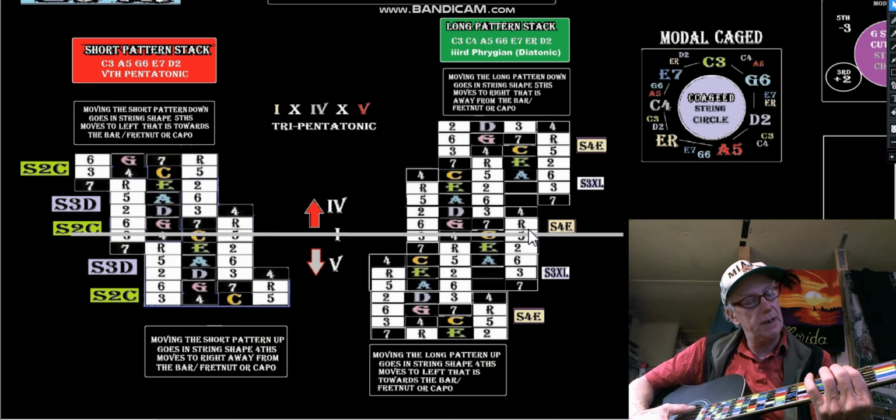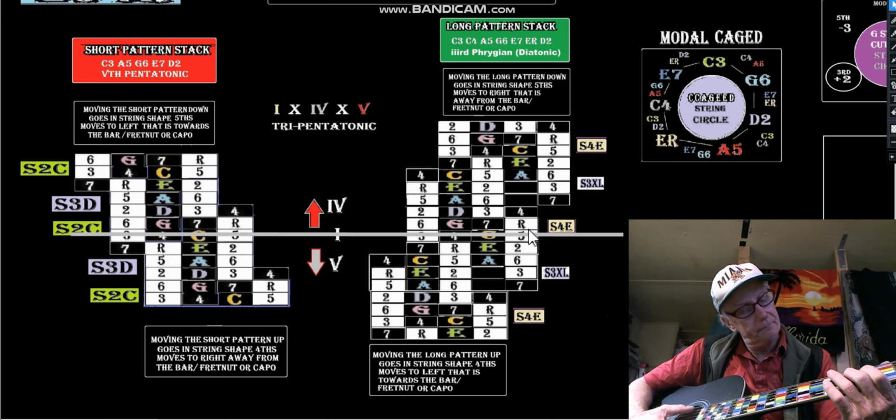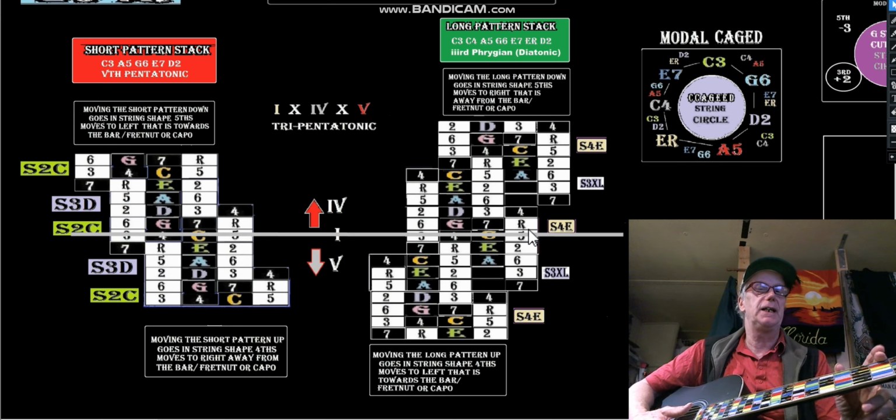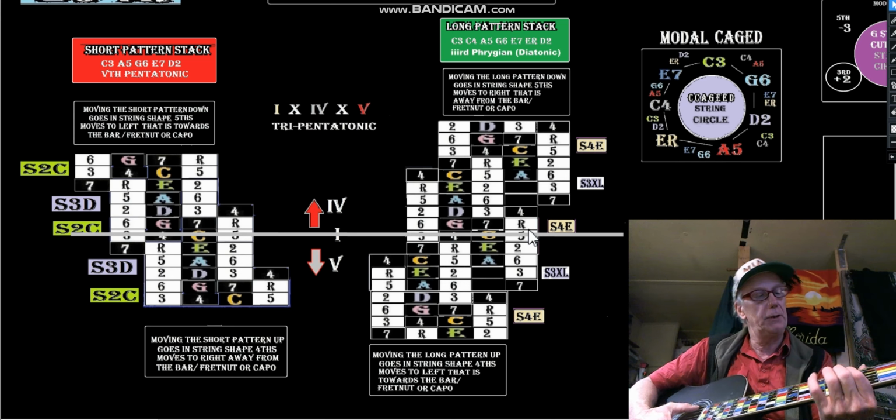Try that one more time. Like this, 5, 6, 7, root, 2, 3, 4, 5, 6, root, 2, 3, 4, 5. Okay, it didn't particularly take us down to the modal cage down there, but we could have played it down there. We could have went,